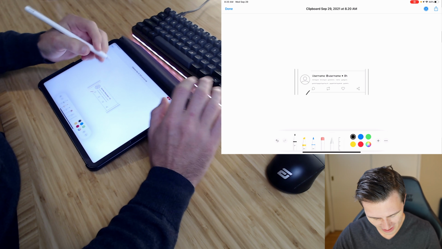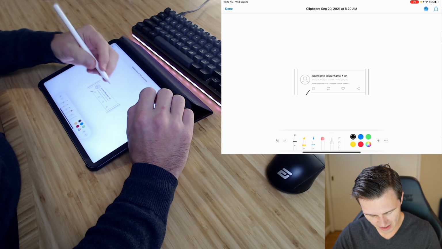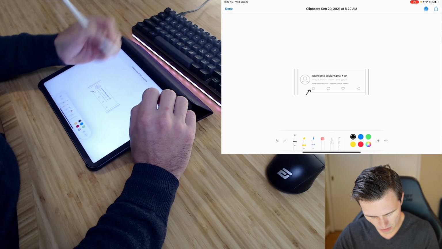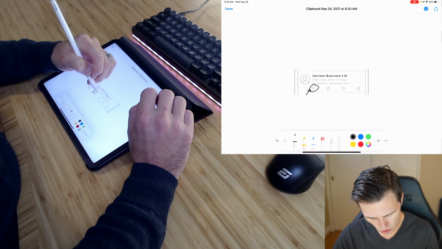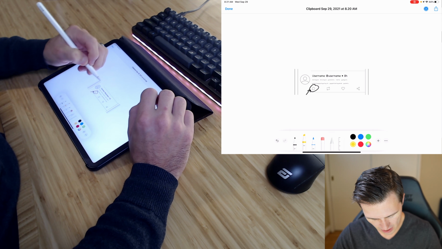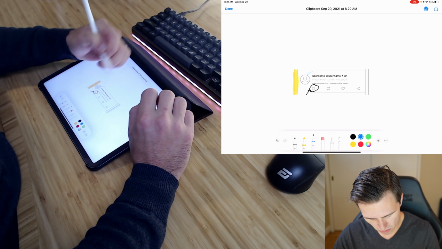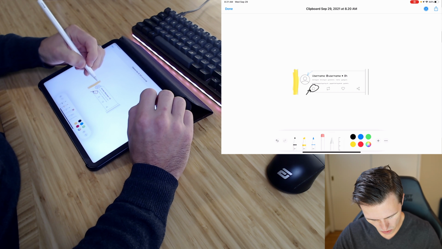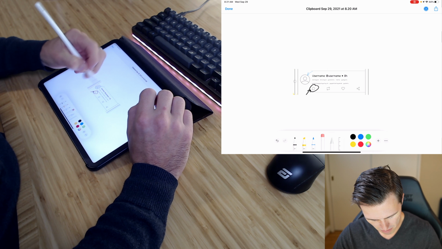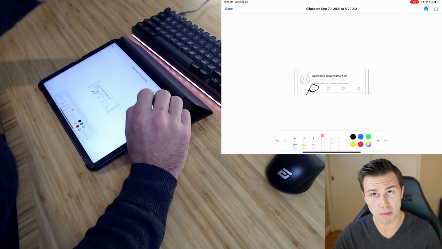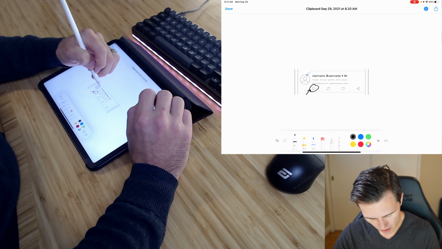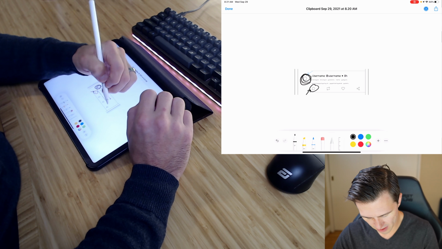So one of the negative sides of this is it doesn't extend the canvas the way that Skitch does, but I can draw extra attention to certain things. I could highlight. I could do something much more expansive, and I have all the tooling within Mac markup, or within the iPad markup. So if I wanted to draw extra attention to that,